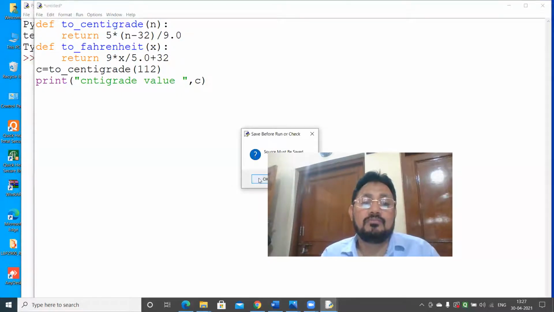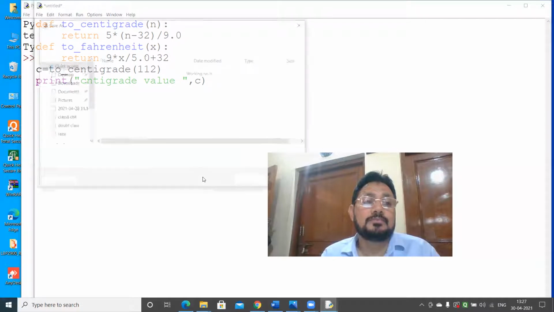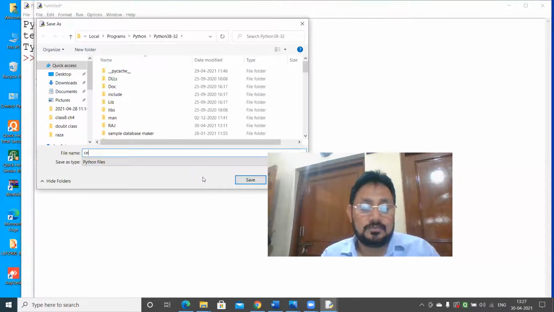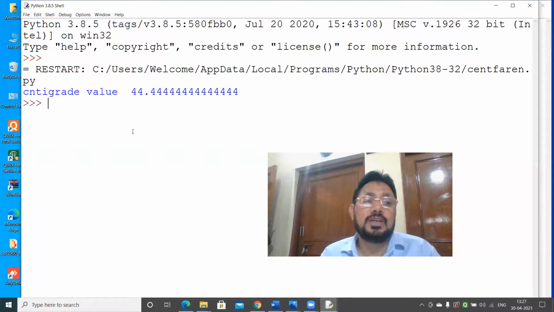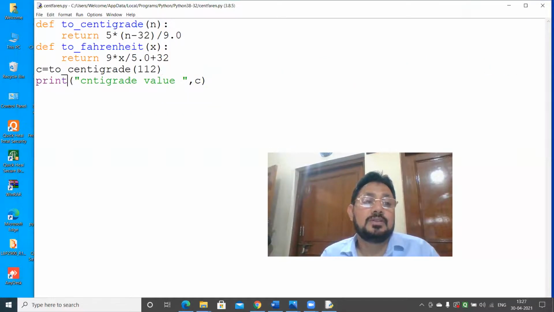It's working okay. Cent Fahrenheit. So see here, the centigrade value is 44.4 point something.